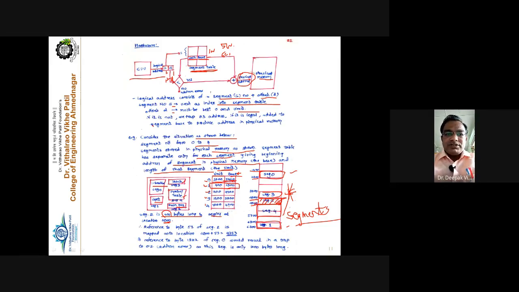So what is the difference between segmentation and paging? In paging, the logical address is divided into pages and main memory is divided into a number of frames, whereas here the logical address is divided into a number of segments and the memory is divided into segments. Remember this point. The mapping onto the location is explained in the same example. It is a simple technique, but we have to maintain the segment table. The segment table consists of your segment number, its limit, and the base address. Getting this point? So this is the way.